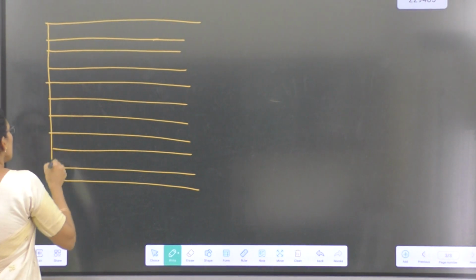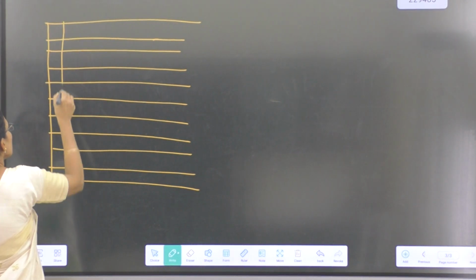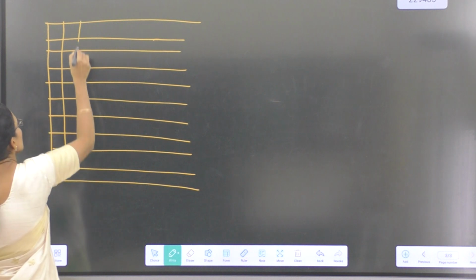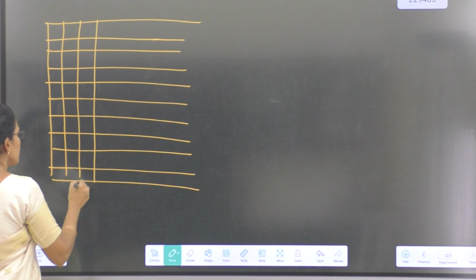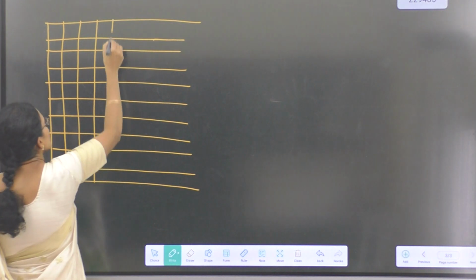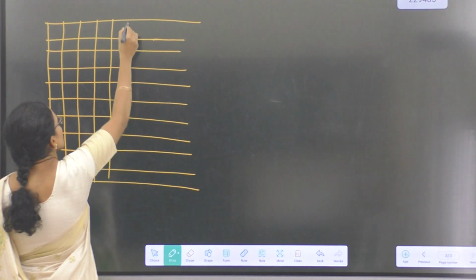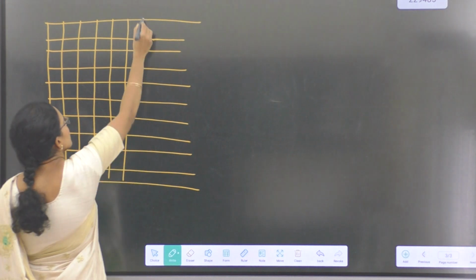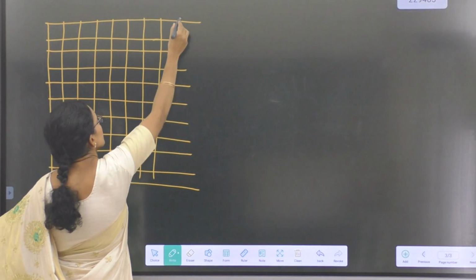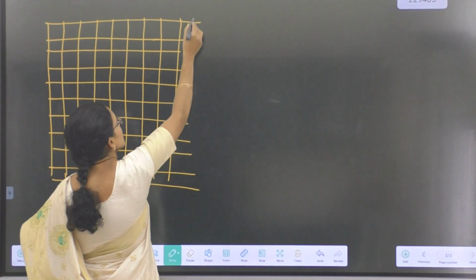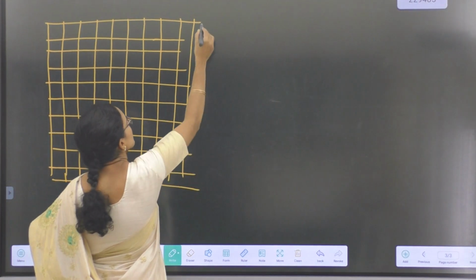Horizontally and vertically I am drawing 1, 2, 3, 4, 5, 6, 7, 8, 9, and 10.